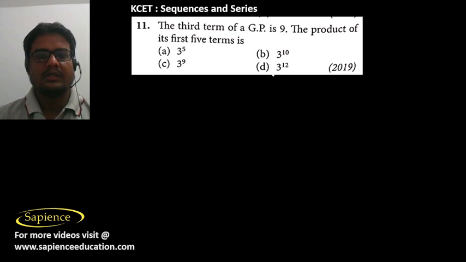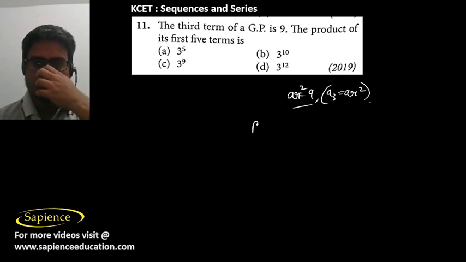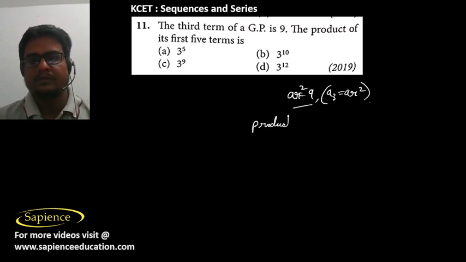Then here it is told that the first term of a GP, a, is equal to 9. The third term, so the third term is ar square, that is equal to 9. We know that the third term is ar square, so that is equal to 9. The product of its first 5 terms will be, okay,